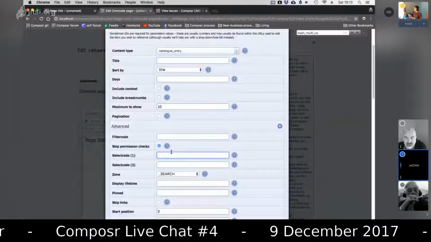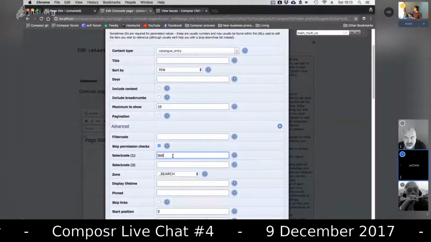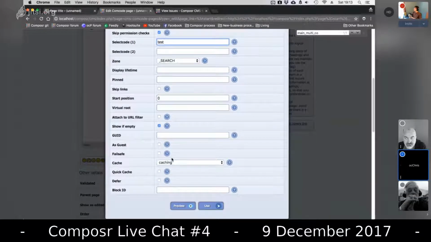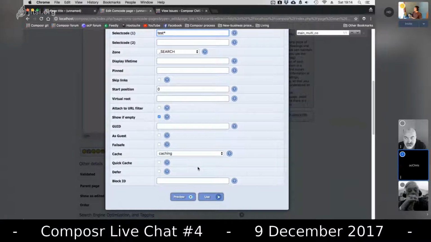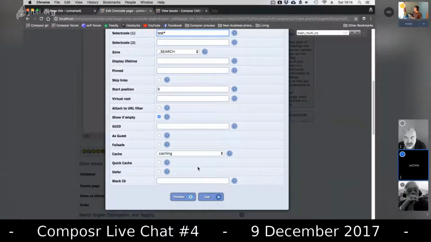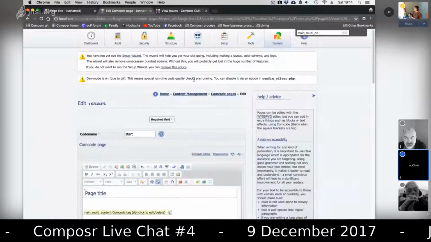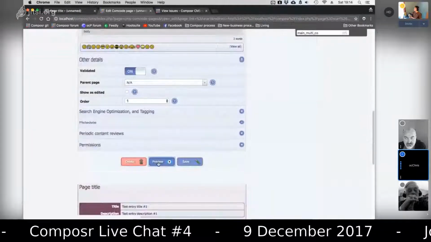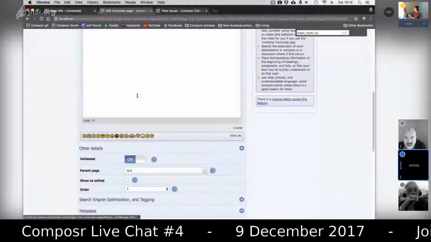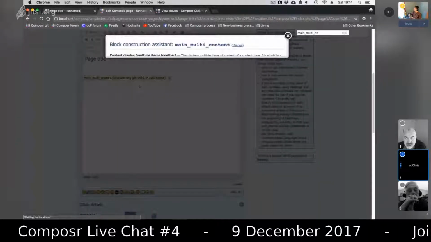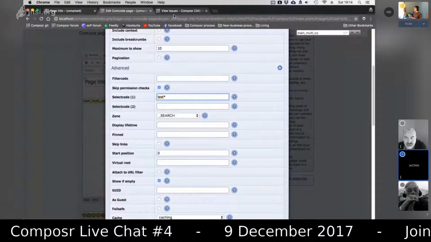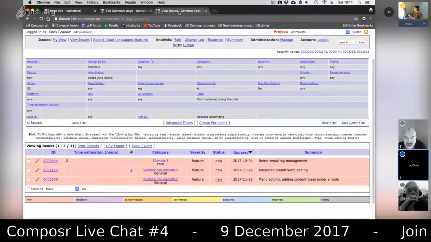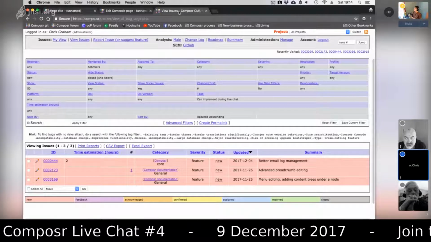Okay, select code. Let's just try setting that to test because it's a catalog named test. Actually, test star because it's a category. Oh, actually, I think this is going to work, but I think I've just remembered how to do it now. Yeah, it's actually because the select code is working on categories, not catalogs. So if I have the category ID of my catalog, then I can do it. Okay, so